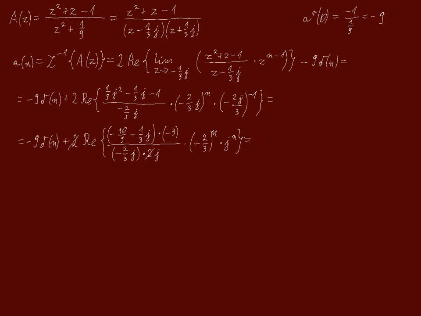This minus 2/3 to the power of n is a real number, so one can take it out of the brackets. However, the j value can be written as e to the power of j 90 degrees. If you raise a number with power to some power, these exponents can be multiplied. And from Euler's formula we know that